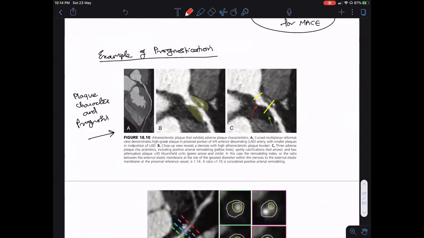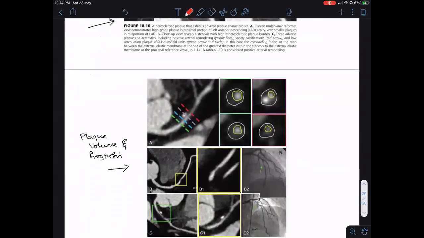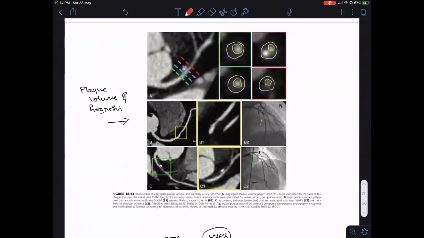So this is an example of how to prognosticate. As we can see, we can identify that there's a lot of issues here, which includes positive remodeling, calcium, there is low attenuation plaque. So all this will not be found out in an invasive coronary angio. And when a lesion, even if it is a 50% lesion or a 40% lesion, has such significant vulnerability, then we can probably incorporate high dose statins, etc. So this is the same thing. Just further examples, we can take a look at it later.